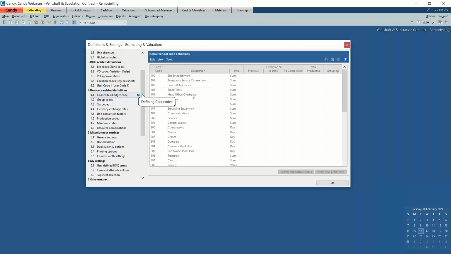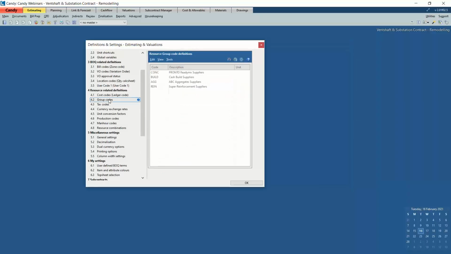So a cost code would be a ledger code, which you would get from accounts as an organization. You can import them directly from Excel into Candy, or it can be entered in manually. And then the group code, also known as the supplier code. So I've got a list of suppliers that I'm going to source material from. So by defining this code, allocating it